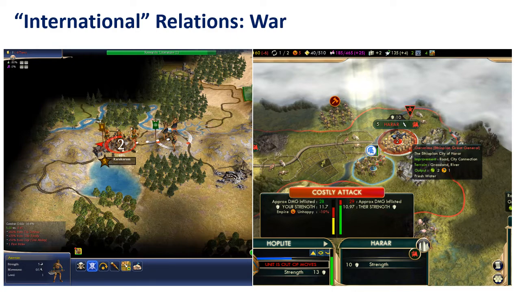In both Civ 4 and 5, the player can see the odds of success in making such an attack before committing, as you can see in the screenshots here. Once the player commits, the graphics show the combat and each unit reduces the hit points of its opponent. In Civilization 4, a battle between two units lasts a single turn, since the losing unit is completely destroyed. The winning unit could also suffer a loss in hit points, and since a unit is destroyed when it reaches 0 hit points,